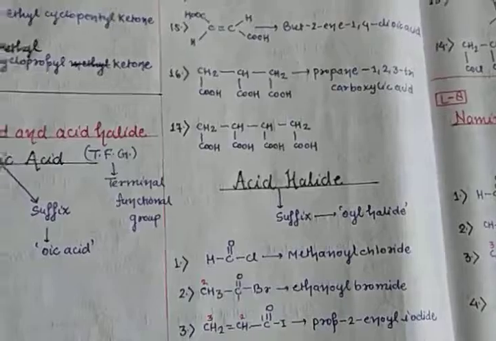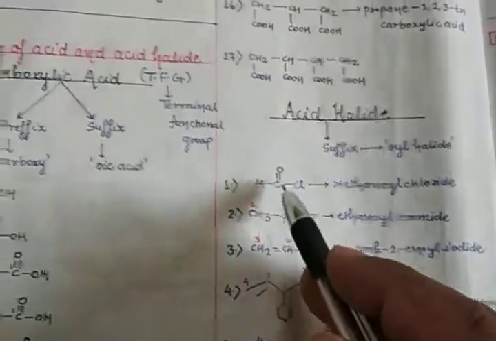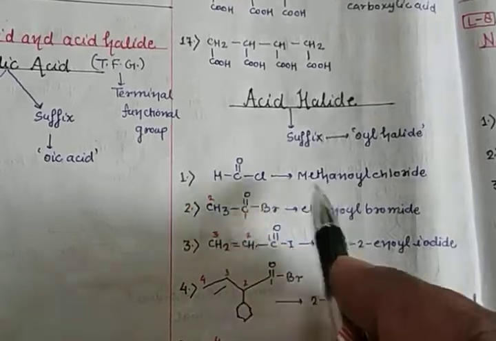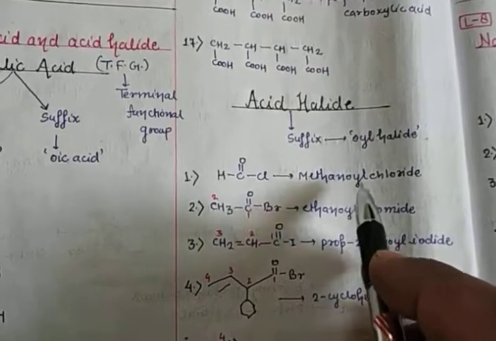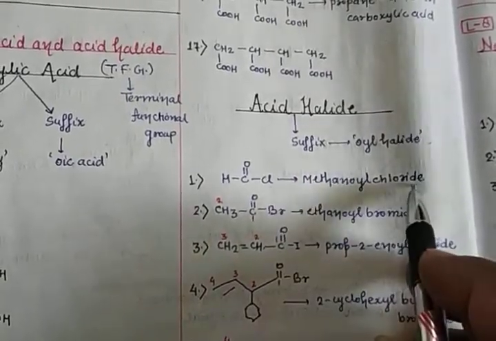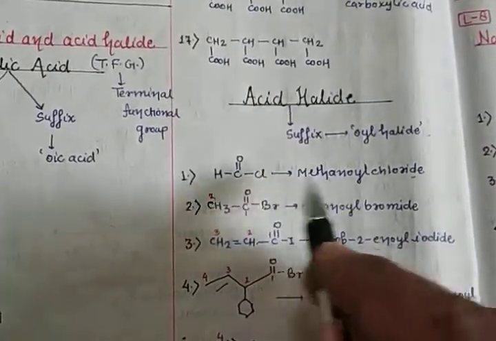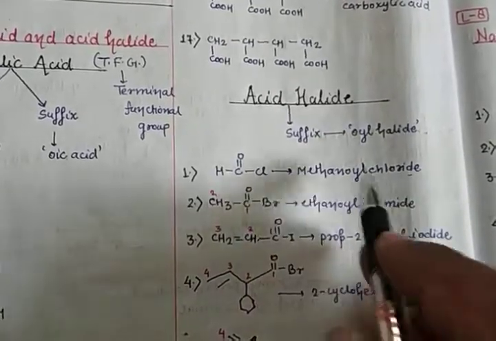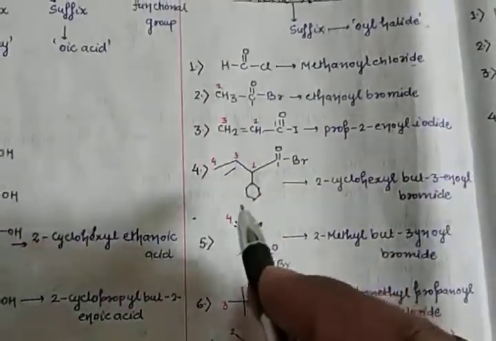Same for the CHO group. Now same as acid halide. Acid halide is a terminal functional group of acid, because there is an OH group and there is only a Cl group. The same priority. So now there is 1 carbon, which means methane. The suffix is oyl halide. That is, methane E is replaced by oyl. There is a chlorine, so it means chloride. Halide means chloride, bromide, iodide, fluoride. Now suppose there is a chlorine: methane, and E replaced by oyl, halide. Halide means chlorine is there, so chloride. Same as bromide, same as iodide. Yeah, clear?